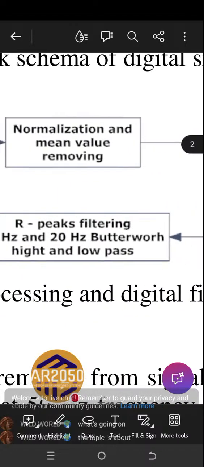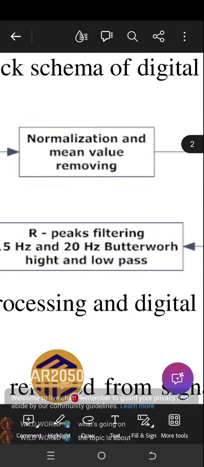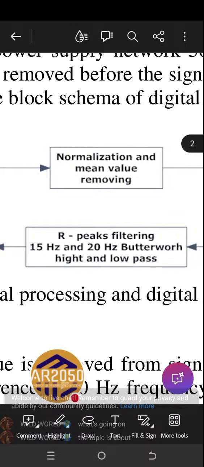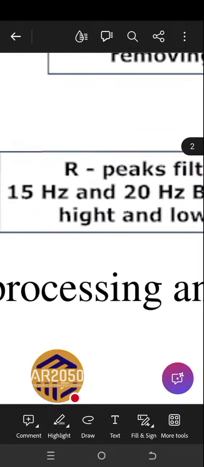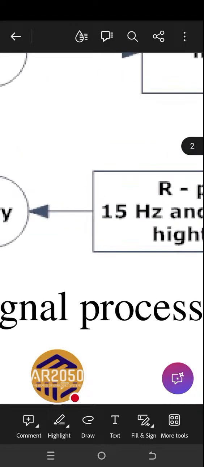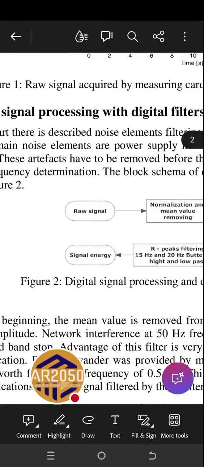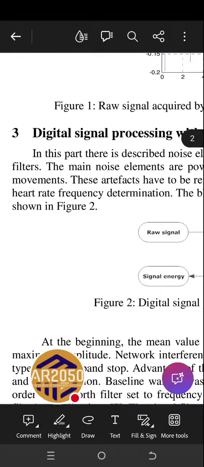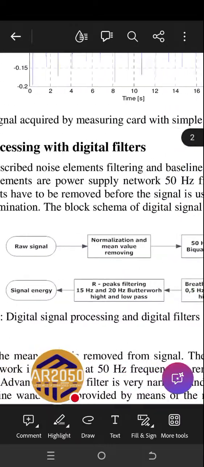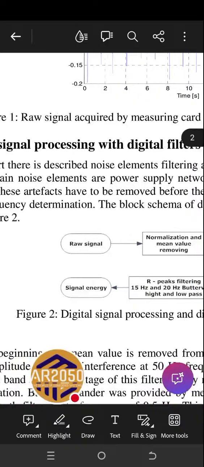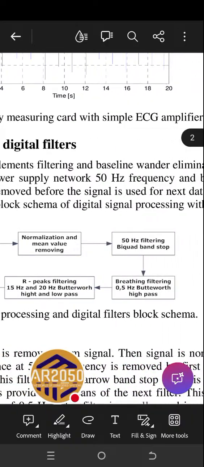biomedical signals. And then you find the R peak, filtering with 50 hertz and 20 hertz Butterworth high and low pass filters. Then there is the signal energy, and then you get your digital signal frequency. In this part, digital signal frequency with filters, the main noise element is the power supply network 50 hertz